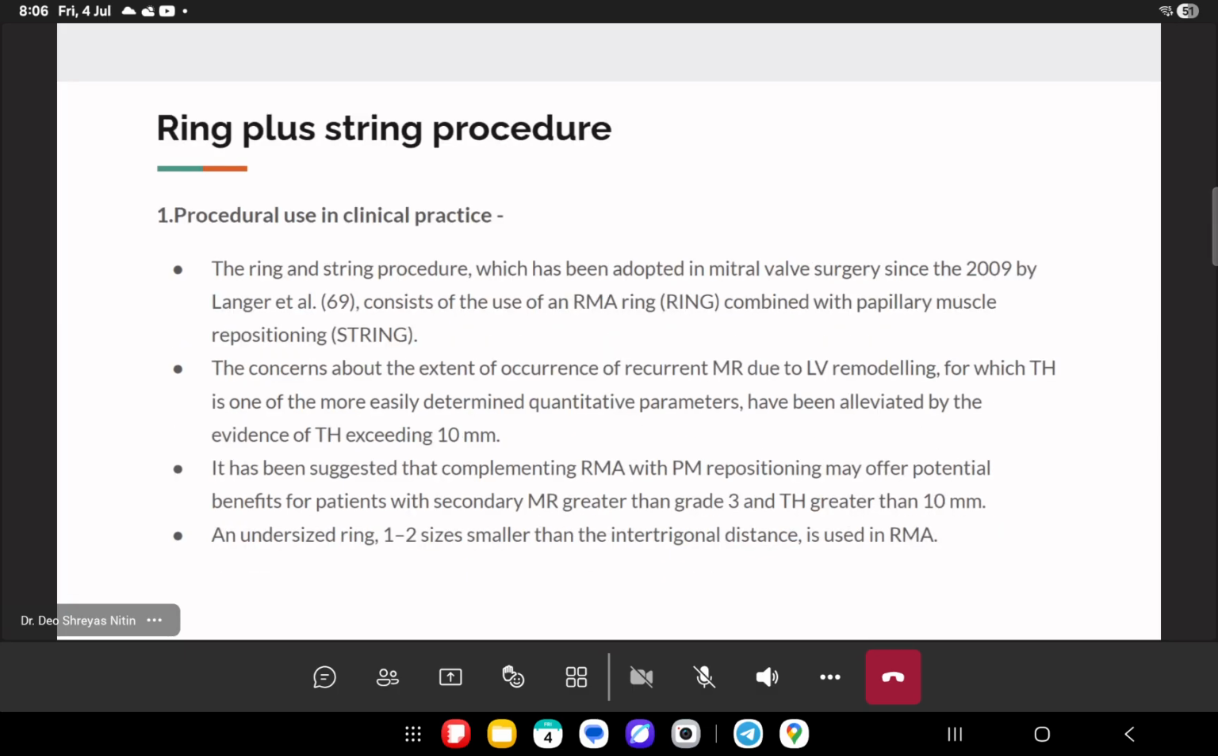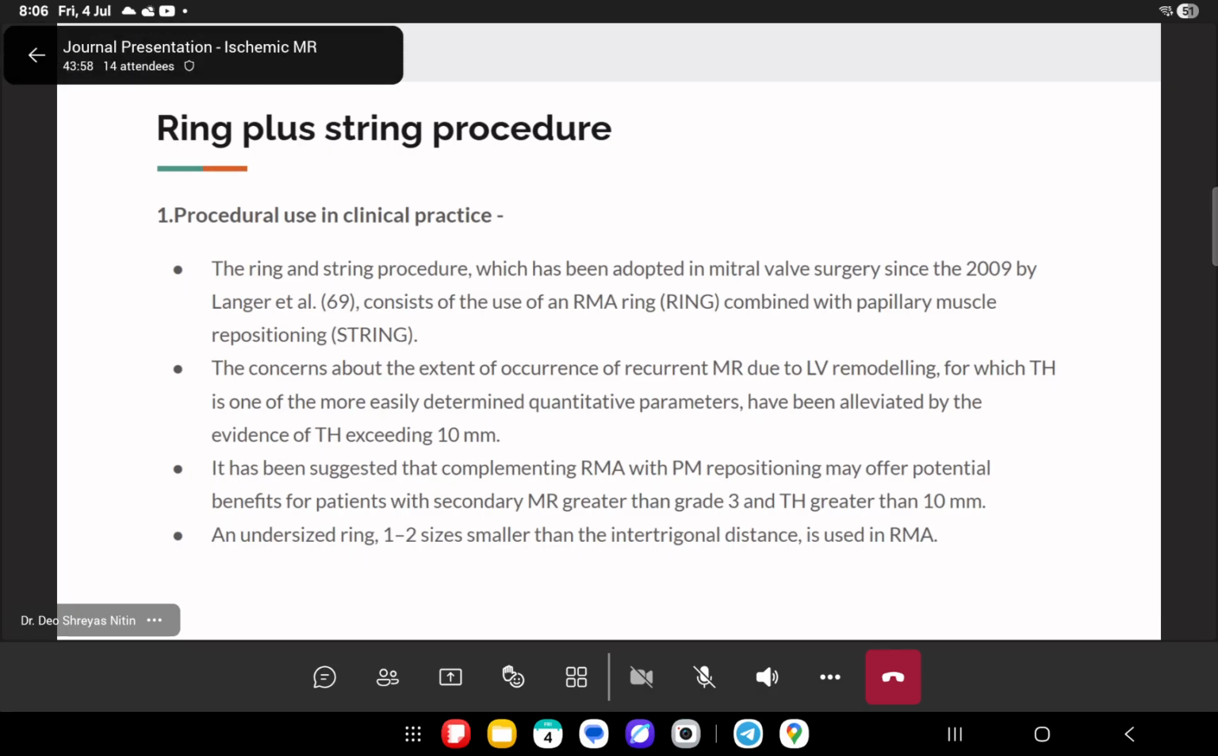Ring plus string procedure. The ring and string procedure, which has been adopted in mitral valve surgery since 2009 by Langer, consists of use of a restricted mitral annuloplasty ring combined with papillary muscle repositioning, that is the string. This addresses concerns about the extent of occurrence of recurrent mitral regurgitation due to LV remodeling,